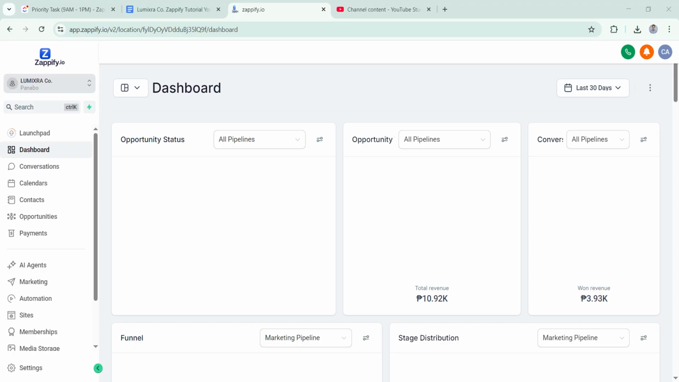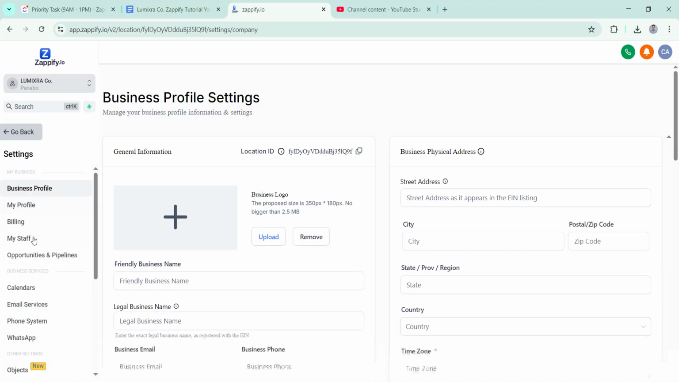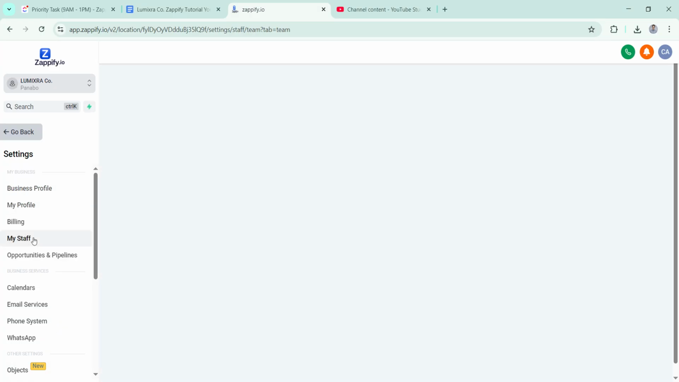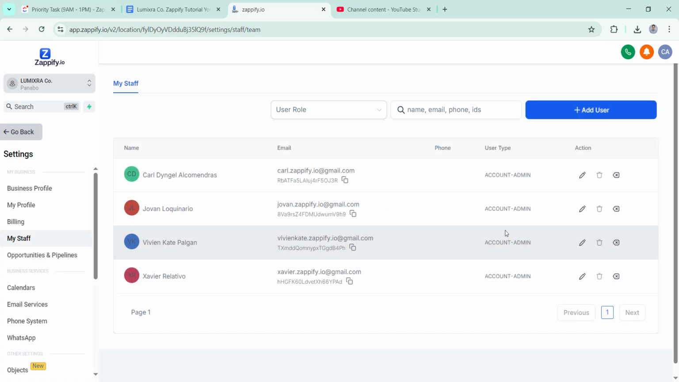First, let's go to settings and select my stuff. I'll select my stuff here. Let's wait for a while. And from here, you can now